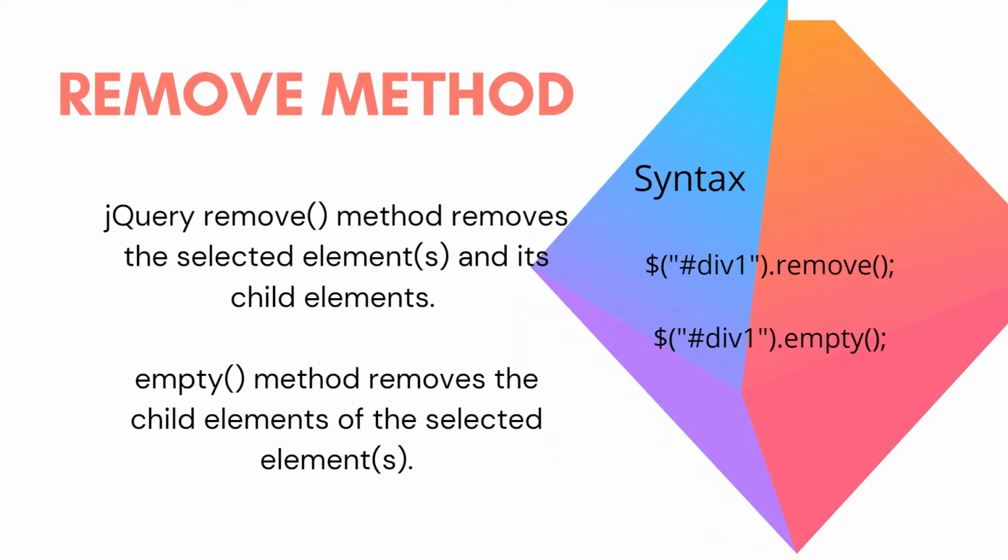Whatever we have added using after, before, append and prepend, we can remove using this remove method. You don't need any huge syntax. You just have to select the specific element which is with after and before, and use remove, and it is going to remove that. At the same time, if you want to make it empty, then you can use dot empty. And this is all about the remove method, and I am going to discuss all these things in VS